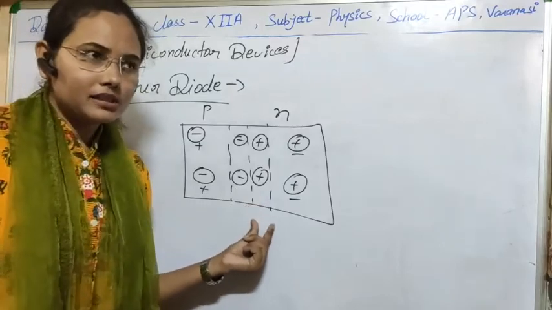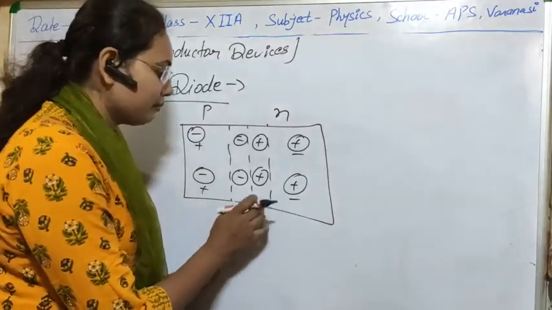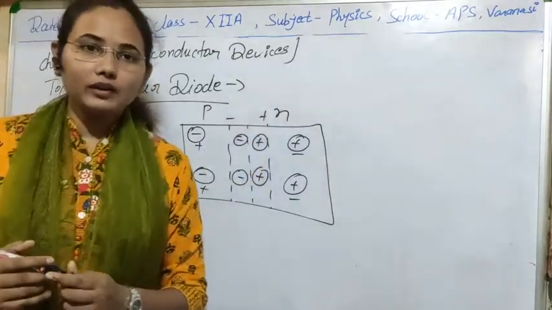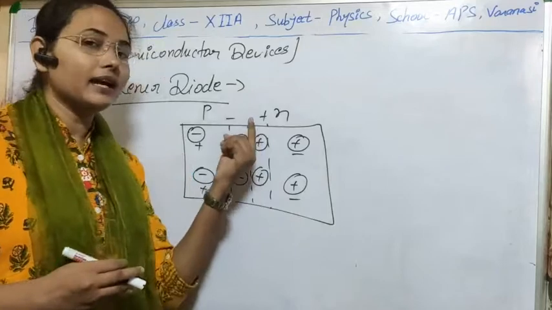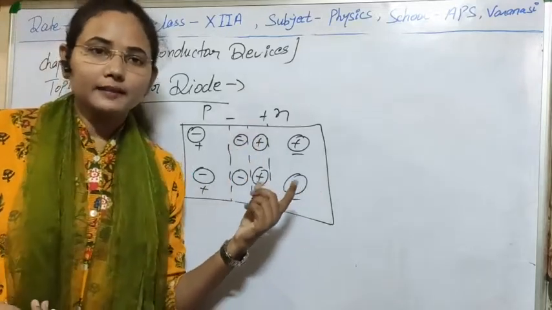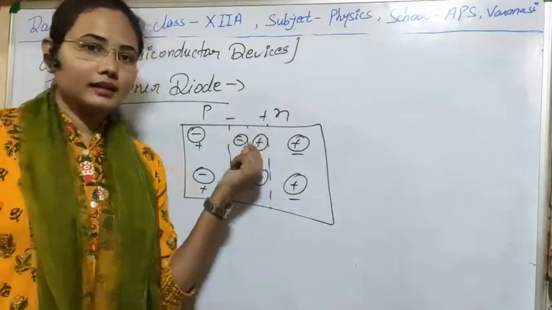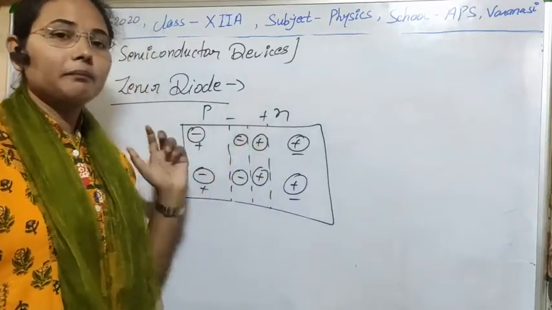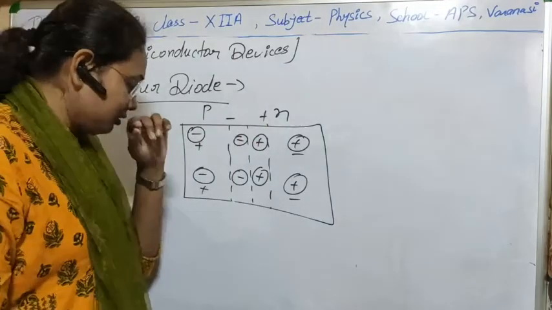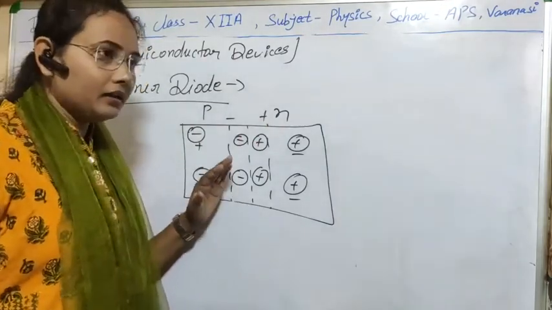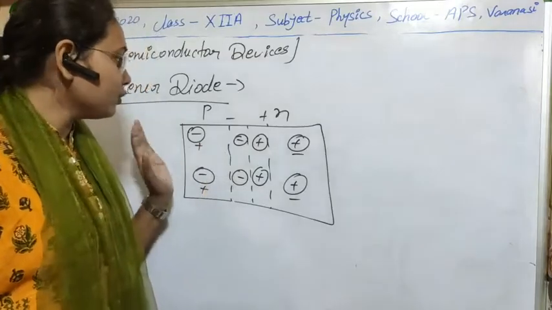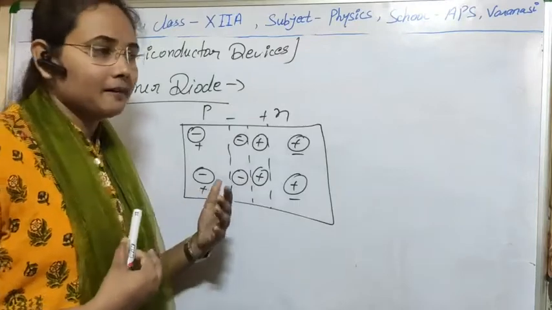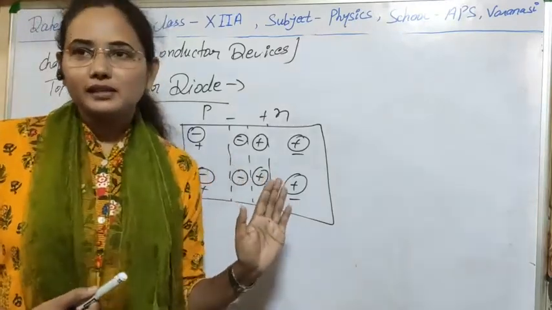If this depletion region is narrow, then the potential on the junction, or simply the junction potential value, will also decrease, meaning the potential barrier has a small value in comparison to a PN junction diode. So this diode can be used in reverse bias to get some different characteristics.